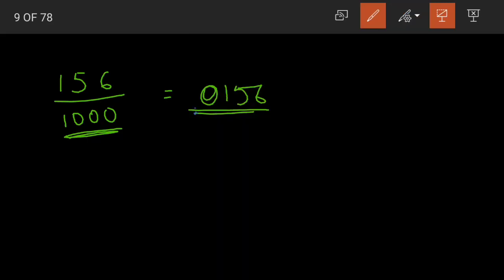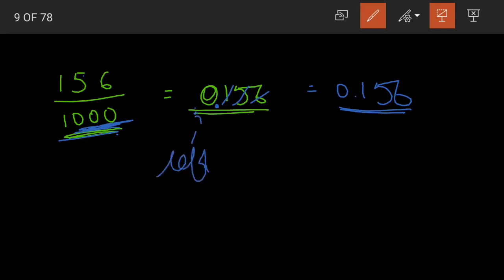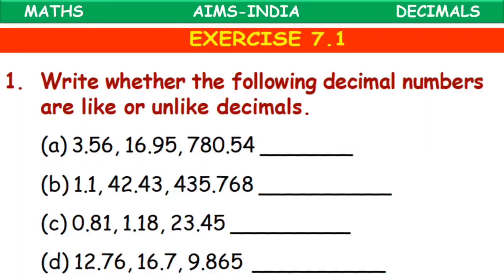Yes, 0 to the left. Now here in 1000 I am having 3 zeros. So after 3 places from the right side, I am going to place my decimal point. So 156 divided by 1000 is nothing but 0.156. Yes, to increase the number of digits, place the zeros to the left, and while placing the decimal point, count the digits from the right side. Yes children, and with this